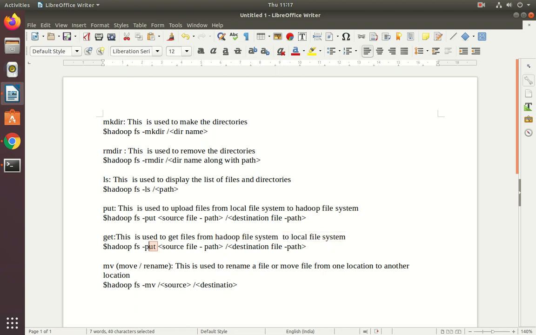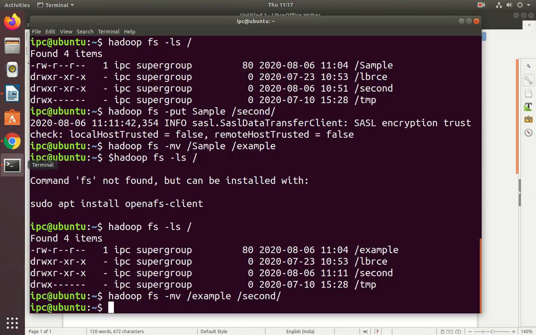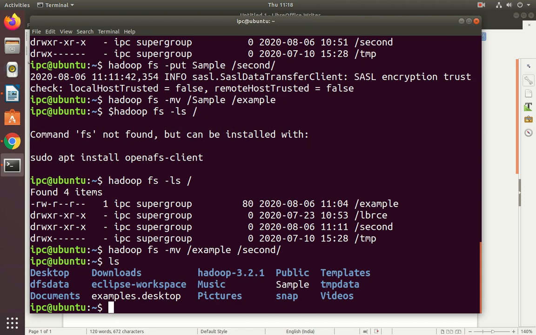Here just put the get, slash source file path, and the destination file path. Let us execute this one. Before going to use the get command, let us check the local file system.